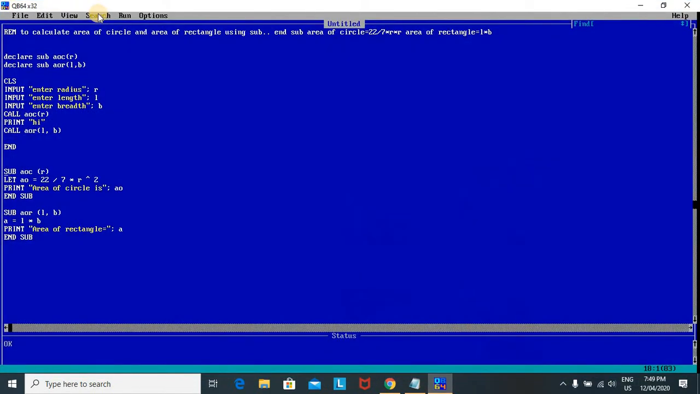Okay, our last program was this. Our program was to find two things in a single interpreter. That means a single program to find two or three things. That is the main concept of modular programming. Okay, so